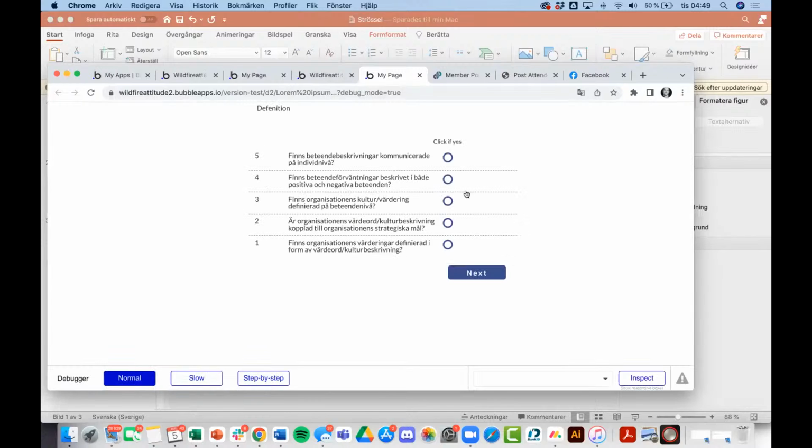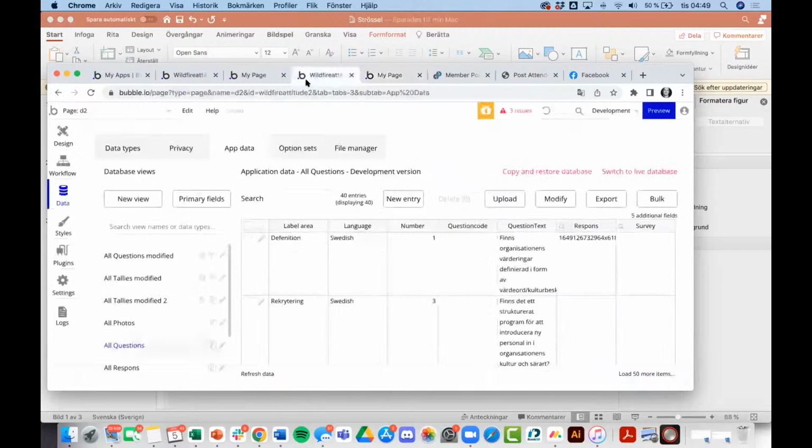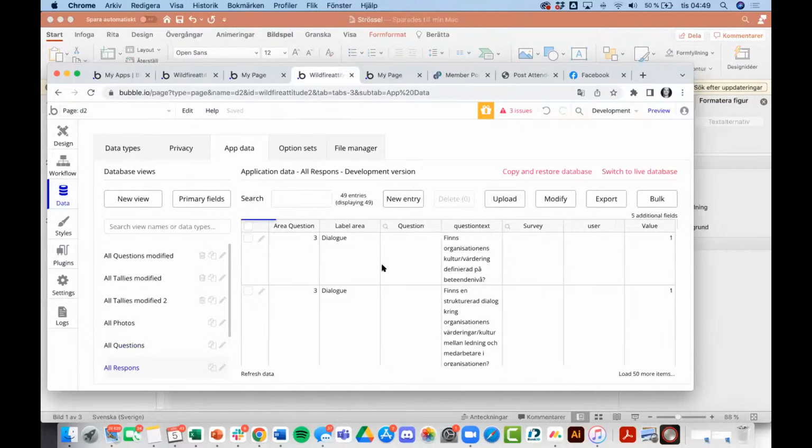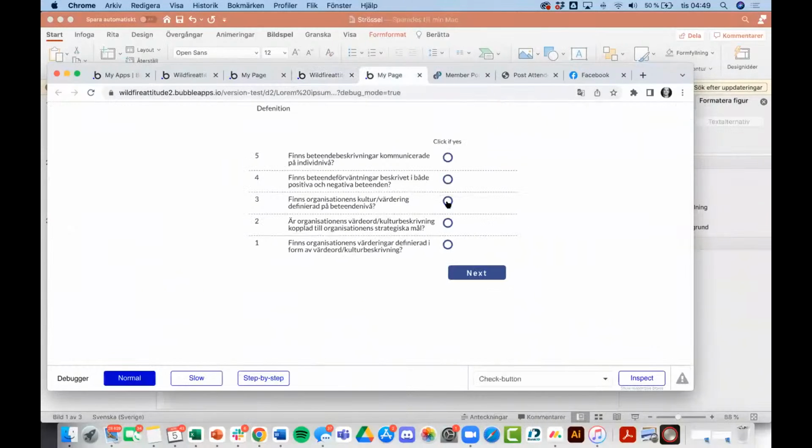She's 49 now, and I push 3. Okay. And then I push it away. And let's see. Area question. Yeah, no, we haven't got any response, but if I try this